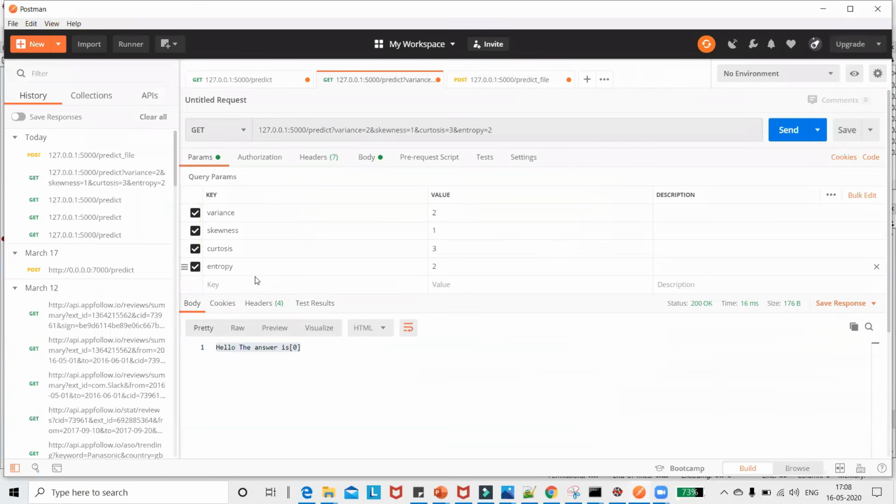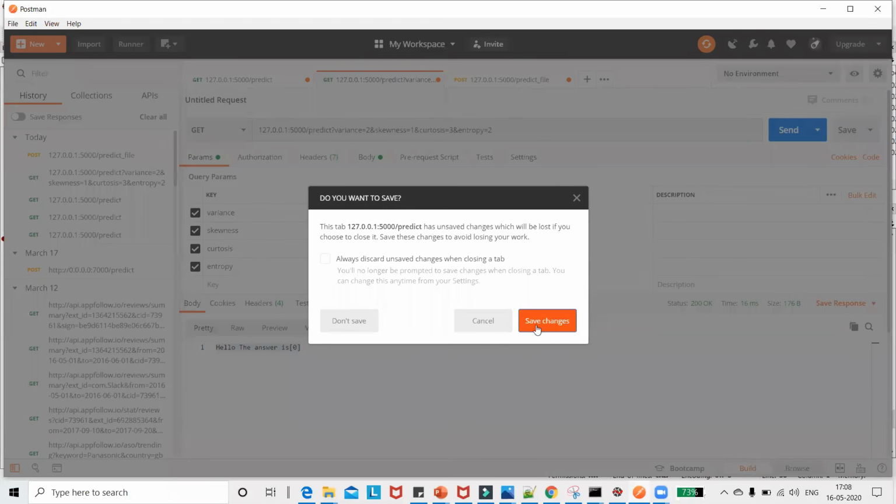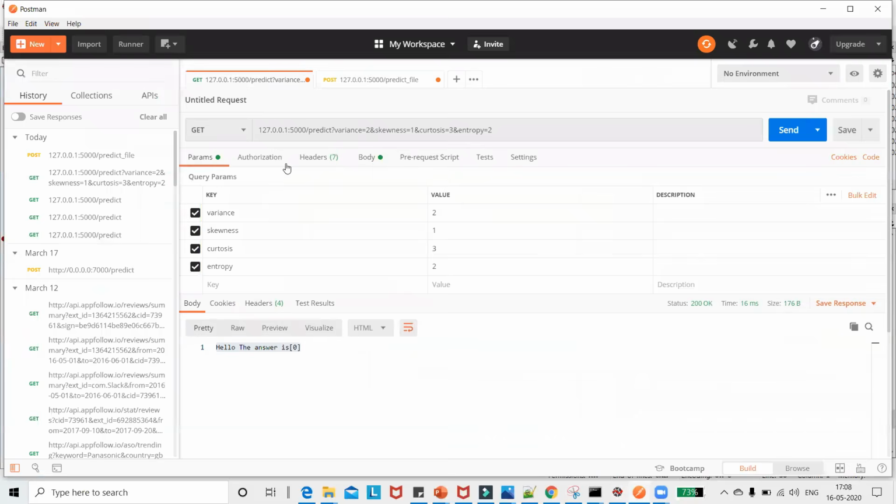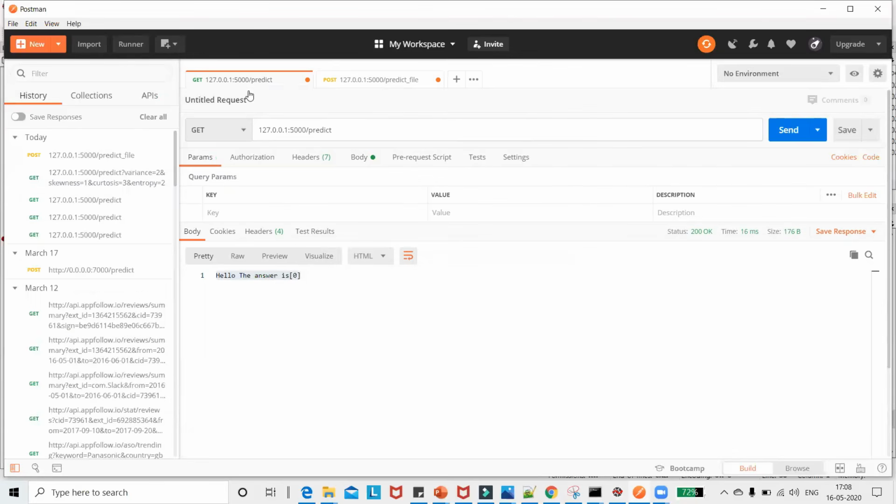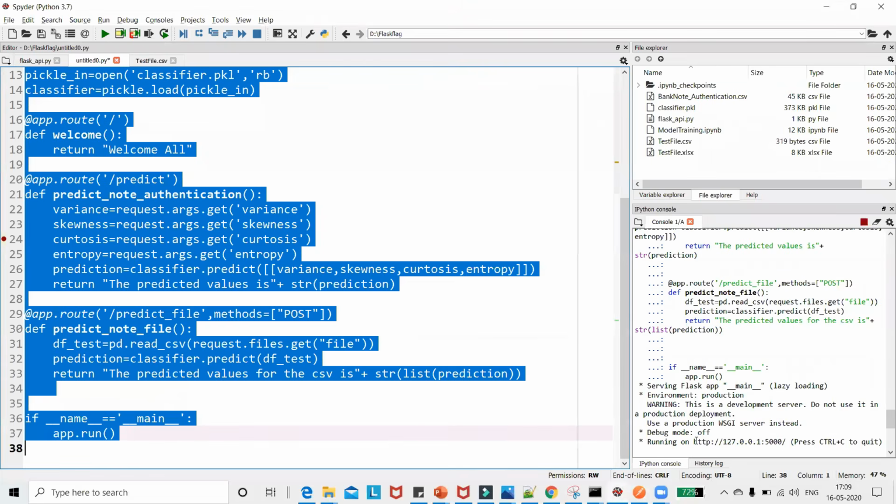Let me open my Postman. If you don't know about Postman, guys, just go and search in Google for Postman download. Once you download, you will get this kind of Postman itself. And let me just show you what we can actually do. Now here, let me just remove this. Now see, guys, this is my first API. Okay, so I know my Flask app is running at 127.0.0.1:5000, where 5000 is my port.